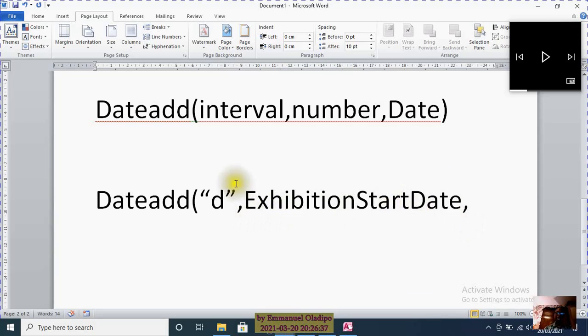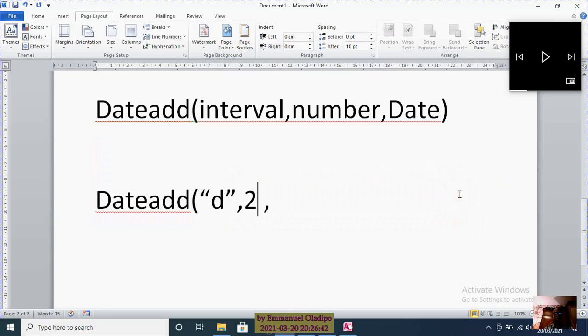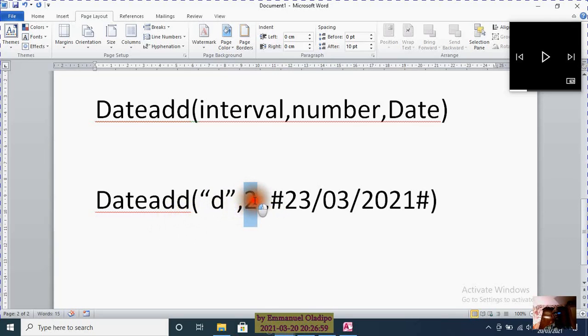okay, because it's an aggregate something. So instead of writing exhibition start date, for instance, let's say we want to add today, and to the start date, let's say the start date is 23/03/2021. Okay, so we're adding 2 to that, but this 2 is for days. Okay, if we adding to the year, for instance, so if we run this code now, the 2 will be added to 23, which is the number of days, and that will produce